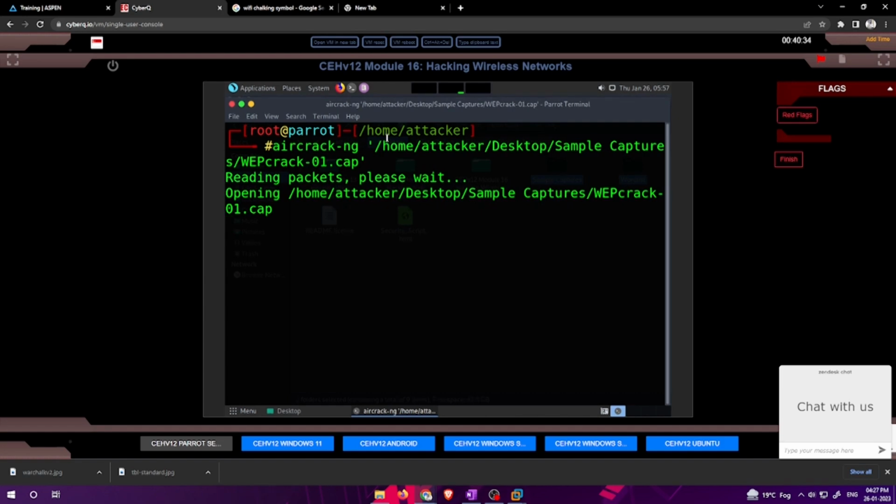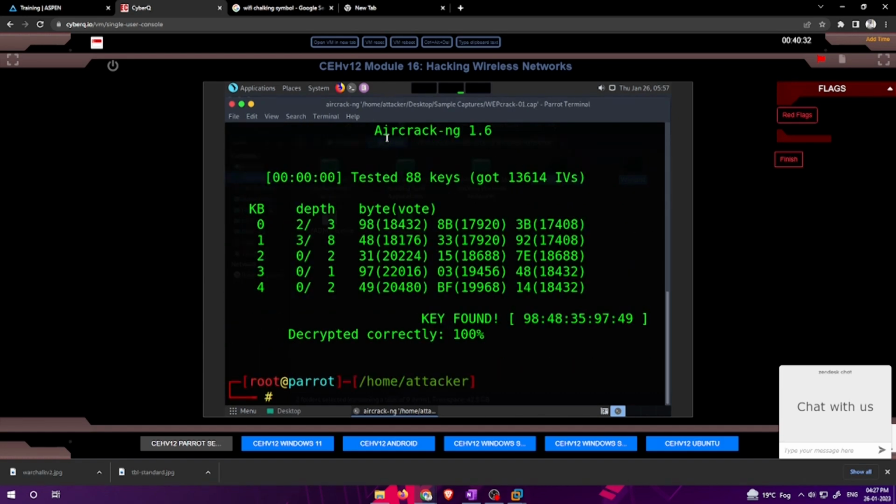Now press enter. This is now reading the mechanism, and here we have found the key for the